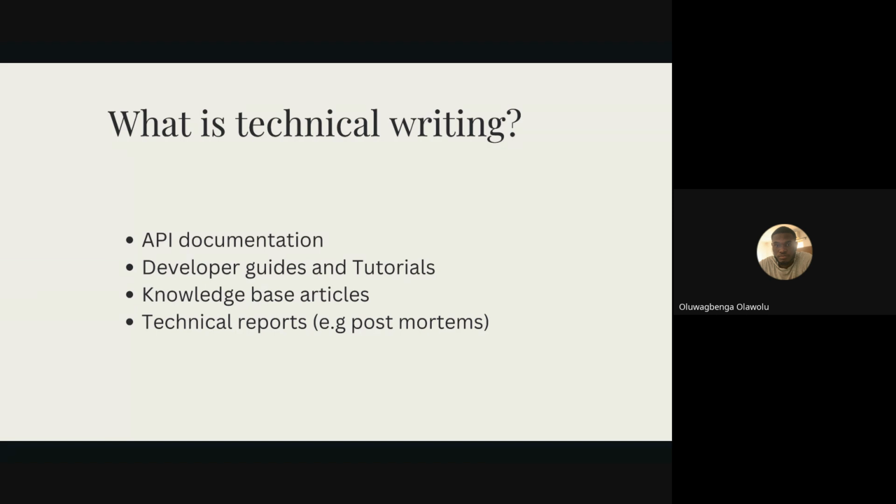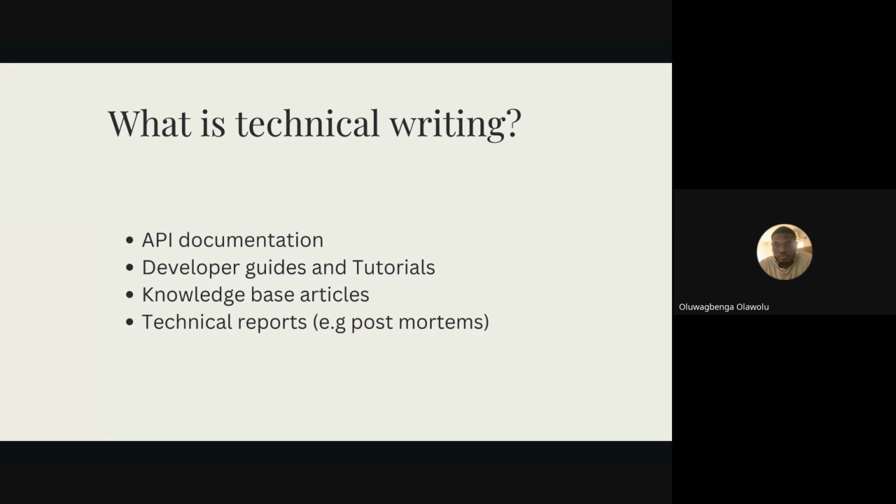API documentation is documentation for an API. This context is mostly if you're working on a product that is an API, and in that scenario that is a product that you are in charge of. So your customers are developers or other stakeholders that would want to read the documentation to decide if they would use your product or not. And developer guides and tutorials are walkthroughs on how to use your product or just give insights on what can be done with your API.